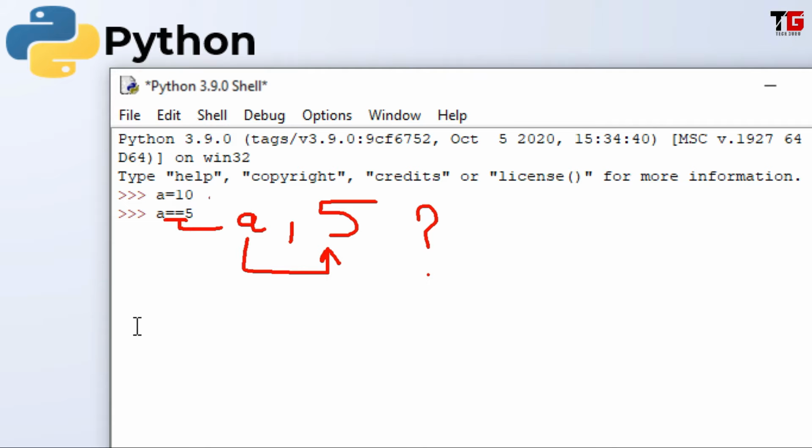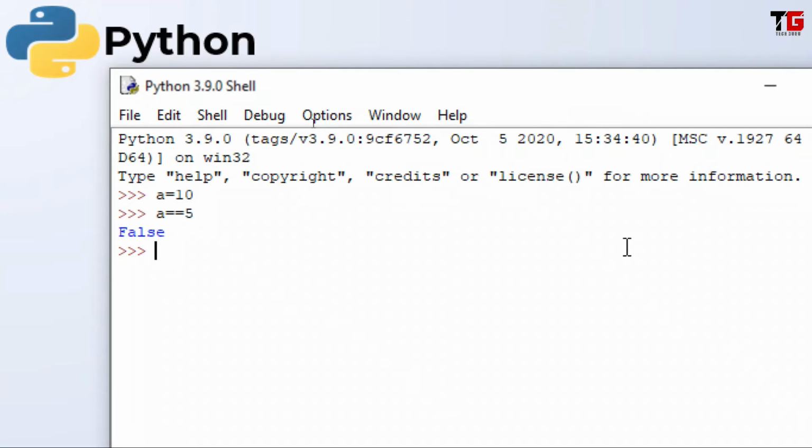So this operator will return two values, either true or false. Let's see. Here I got false because value of A is 10, but I am comparing it with 5. If I check, is A equal to 10? So I got true.